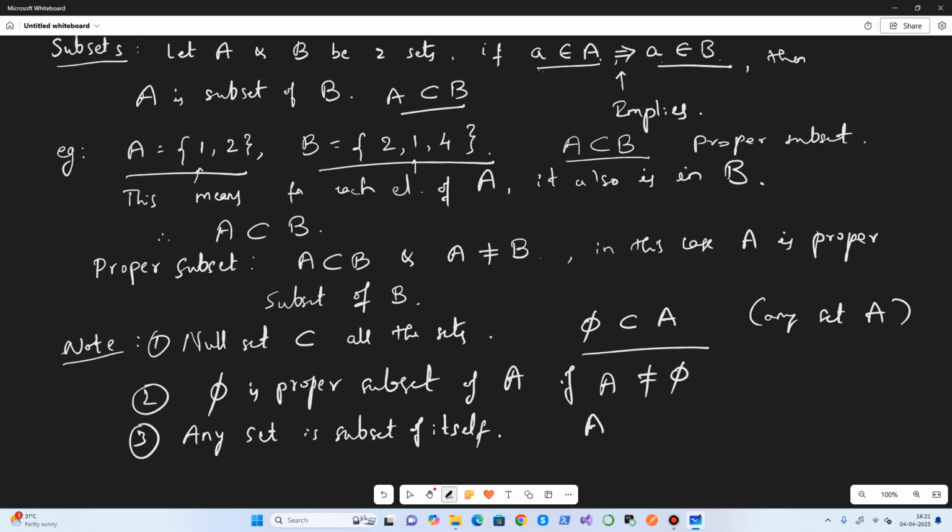So how we represent that is A is a subset of A for any set. In fact, you can say capital B is a subset of capital B. It doesn't matter what notation you use. Any set is a subset of itself, including the null set. It means phi is a subset of phi. So this is what we need to keep in mind, some common properties.